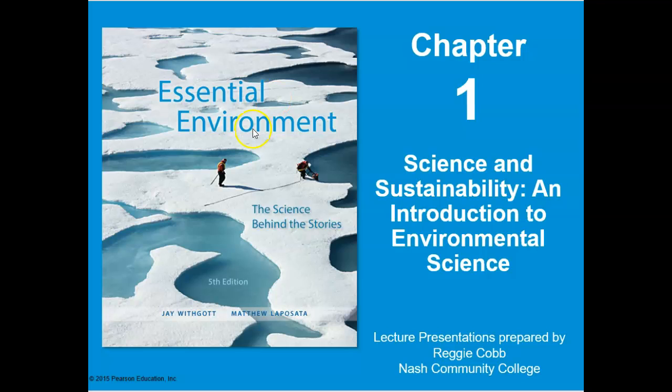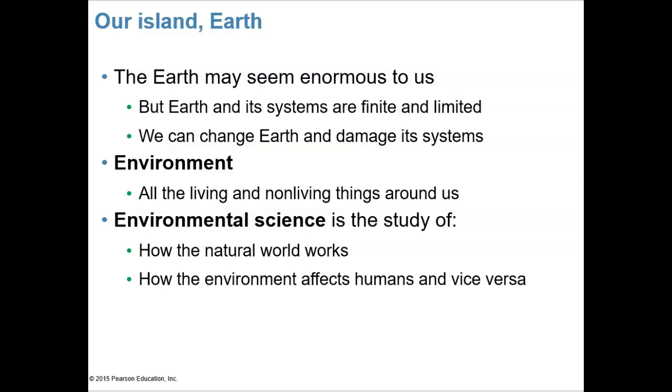So basically the earth and the environment seems huge to us, but actually the systems and our resources here on earth are finite, and people can impact and damage these systems. I know that you have seen some evidence of pollution in your lifetime, and what's the cumulative pollution level that the earth can actually handle? That's yet to be determined.